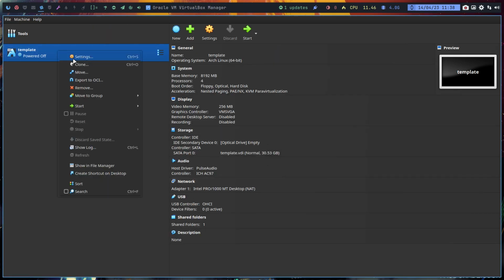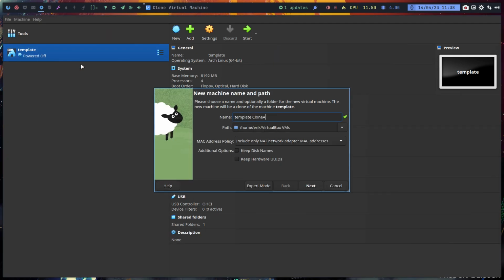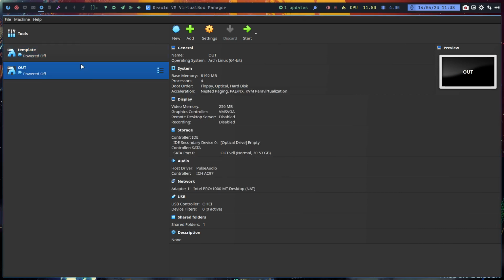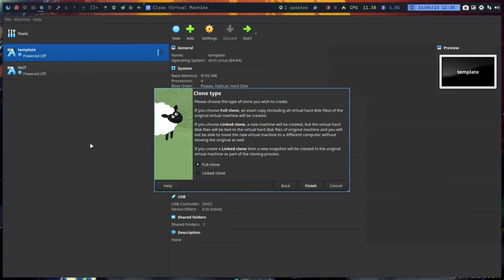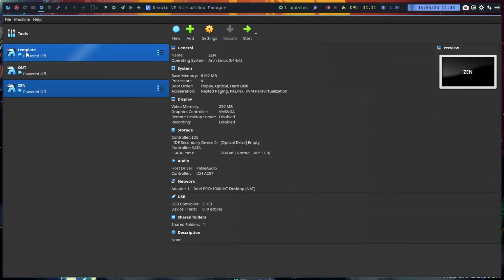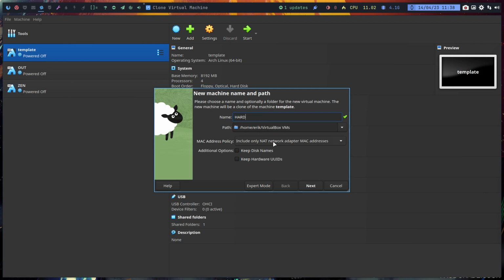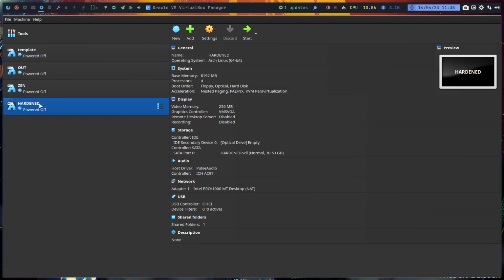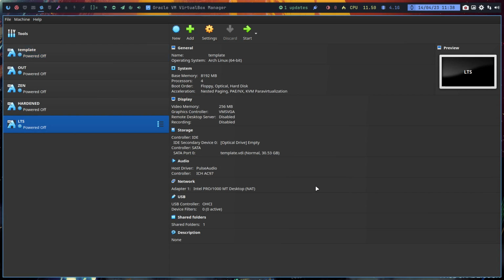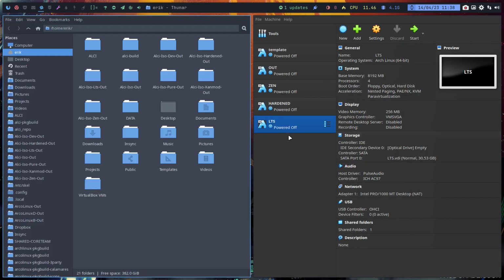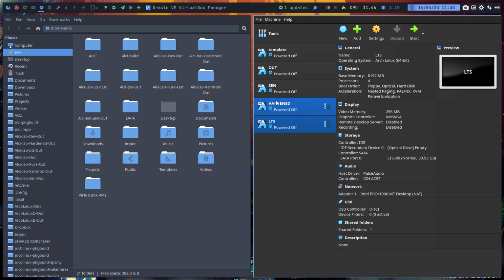Voila. And this will be my clone for the out ISO. And this will be my clone for the Zen ISO. And this will be my clone for the hardened, the nut, and there's the Zen. Done that already. LTS. What else? So